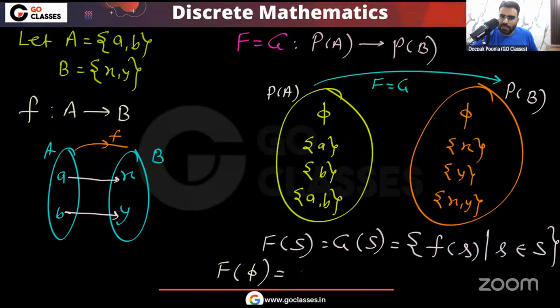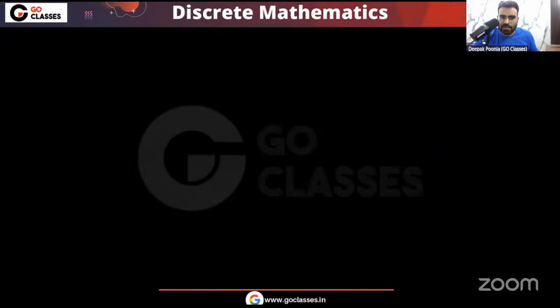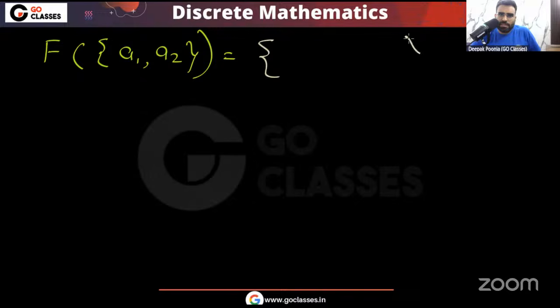5 means empty set. So you can see basically capital F means capital G. Okay. So if I ask you what will be the mapping of 5, then that will be 5 only, because in the 5 there is no element. What is 5? 5 is empty set. Okay, so in the 5 there is no element. See, very simple. You already know that the capital F of any set, if I take any set, for example A1, A2, then what will that be? You already know that for each element you find its small f image, correct? Okay, so I can say small f A1, small f A2,